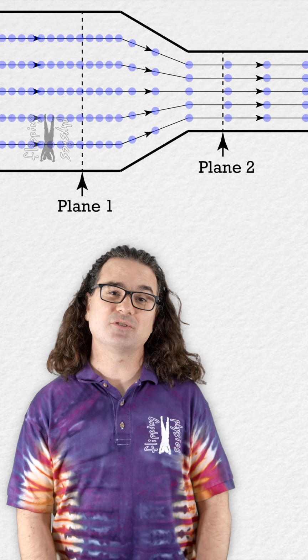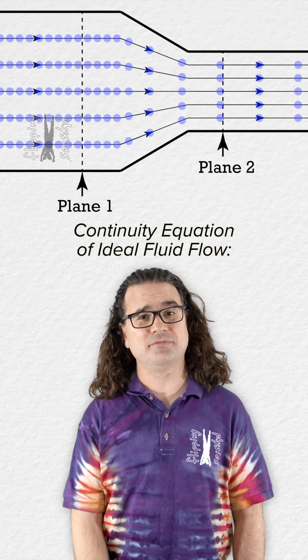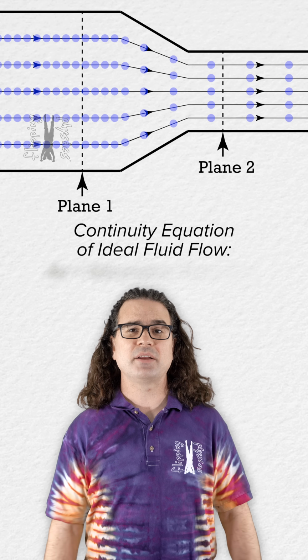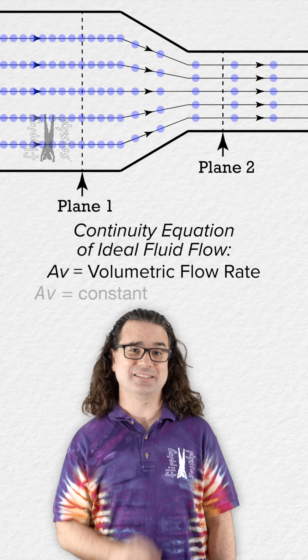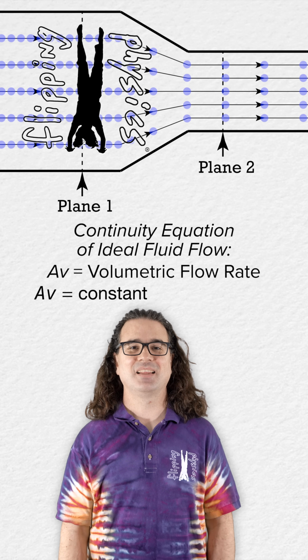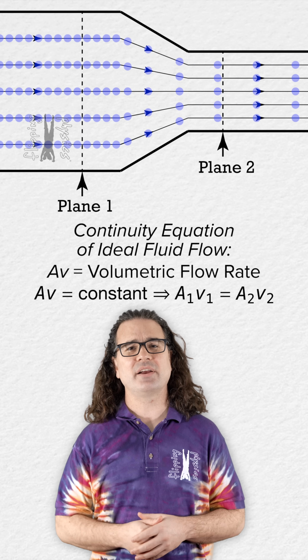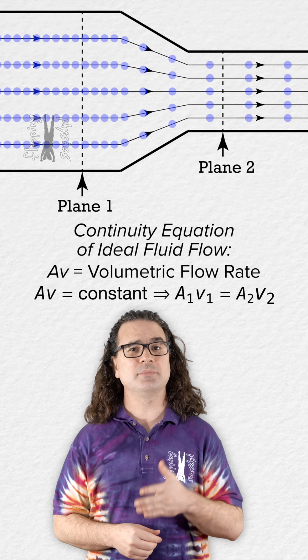This animation demonstrates the continuity equation of ideal fluid flow, which states that the volumetric flow rate of an ideal fluid flowing through an enclosed space is constant. In other words, the cross-sectional area of the fluid at plane 1 times the speed of the fluid